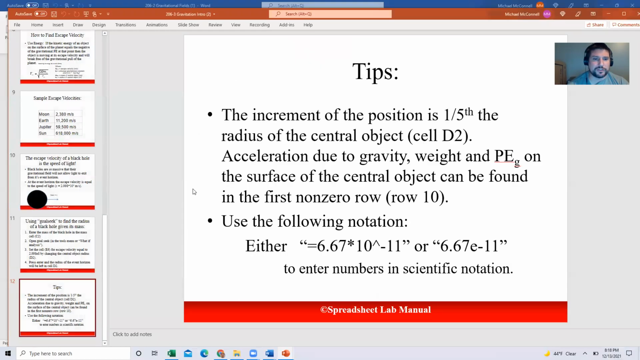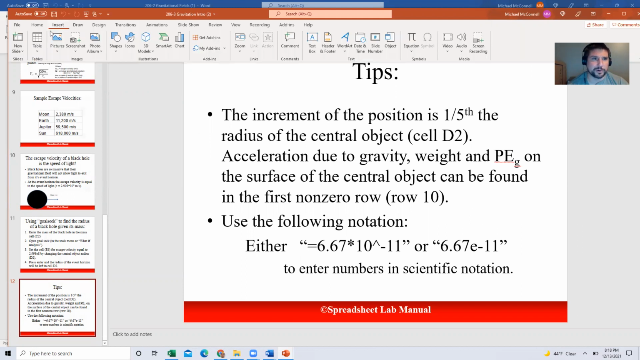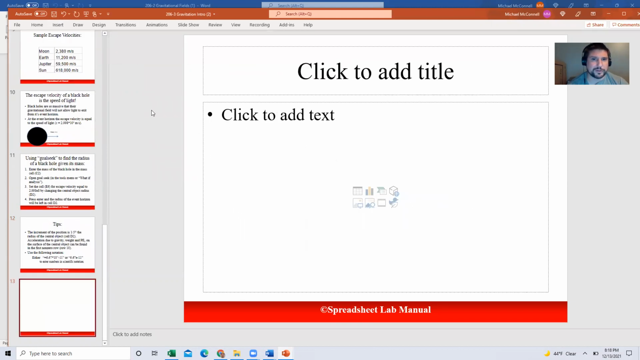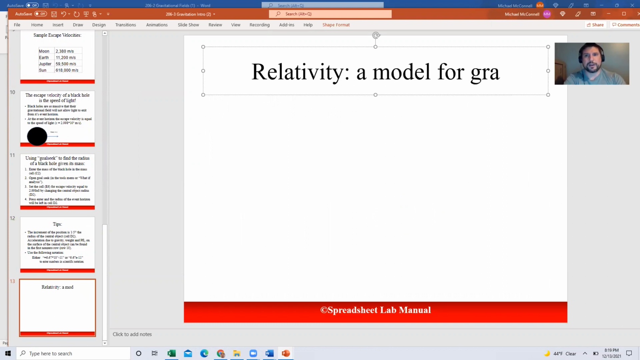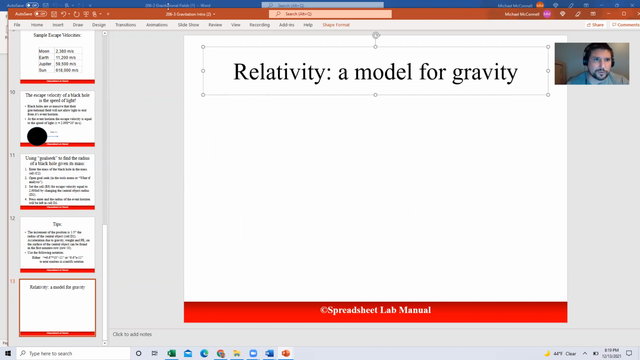All right, so I want to explain the general theory of relativity real quick. Let me just make a blank slide here and use that as my working background, and try to draw a little bit of an image here that's going to give you an idea of how relativity works. It's basically a model for gravity. And it's Newton's model of gravity that suggests that,